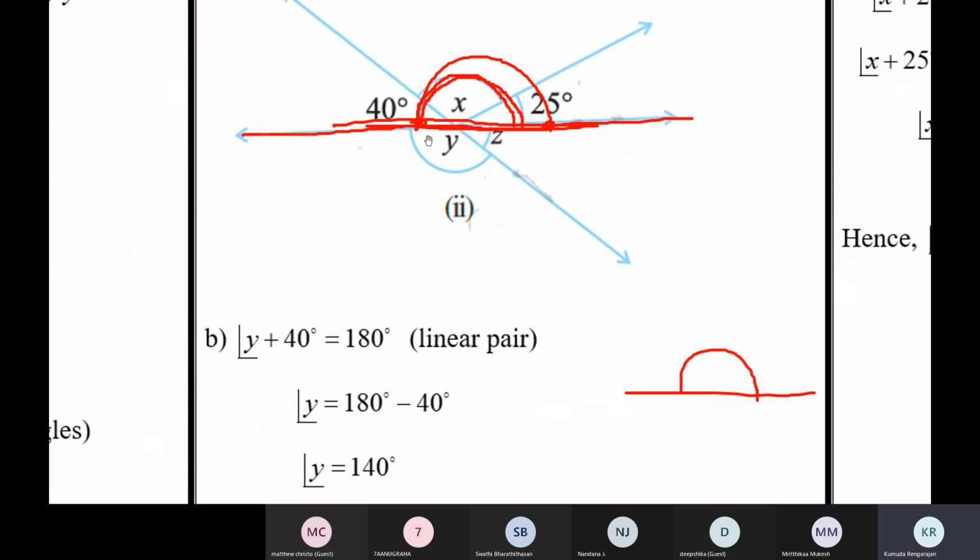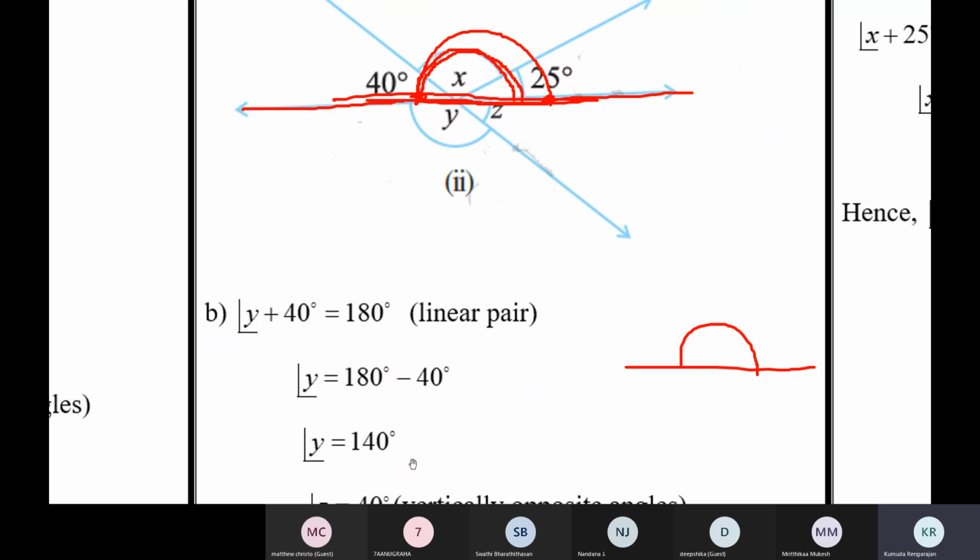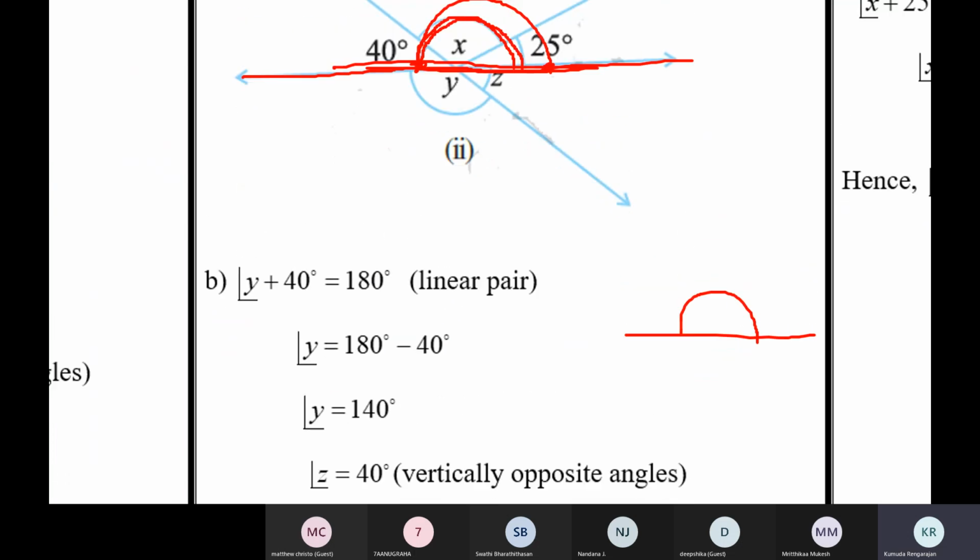Y and 40 form a linear pair. They stand on the straight line, Y and 40. See here, from here to here on the straight line, it's Y plus 40. So Y plus 40 is equal to 180, straight angle. So you find Y. And then to find Z,